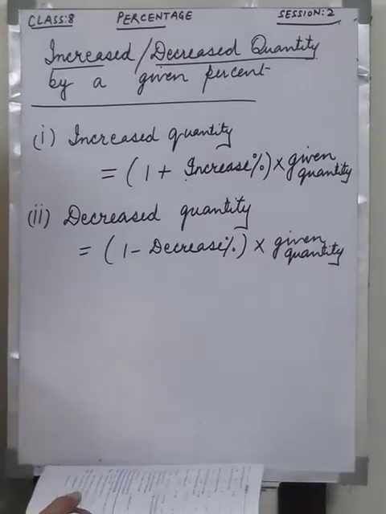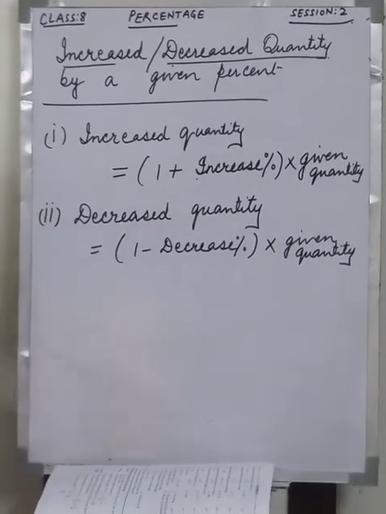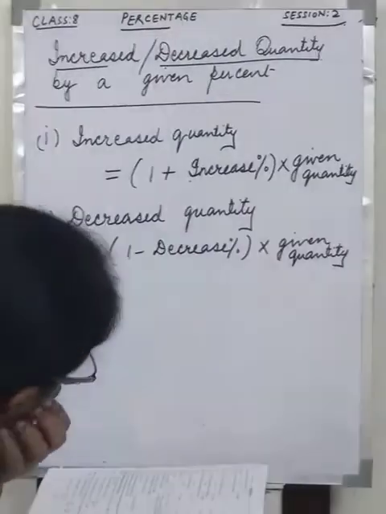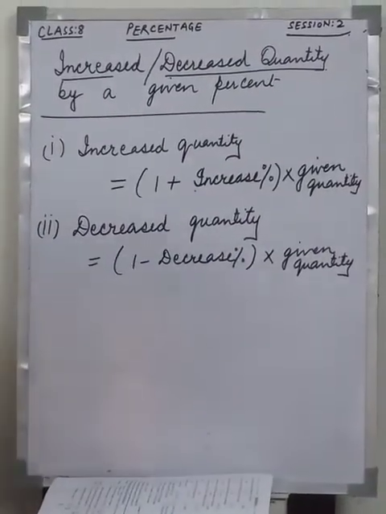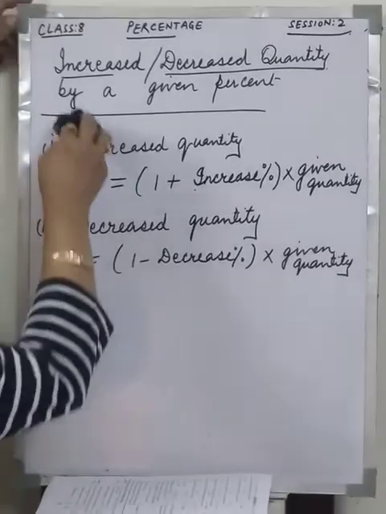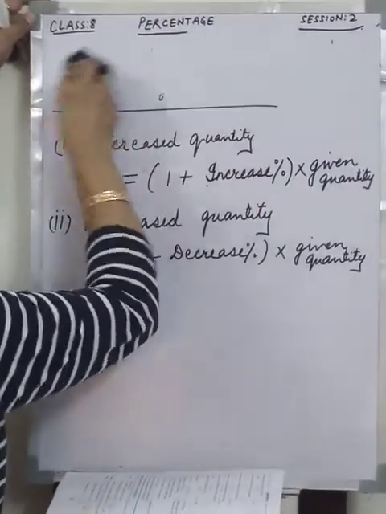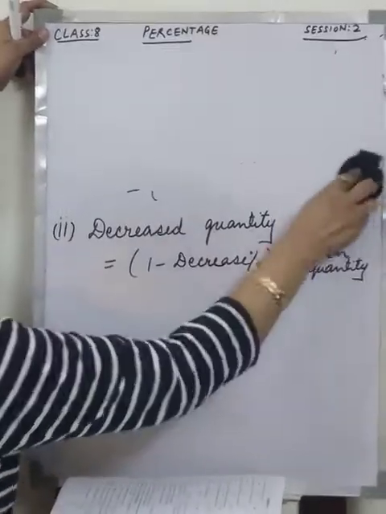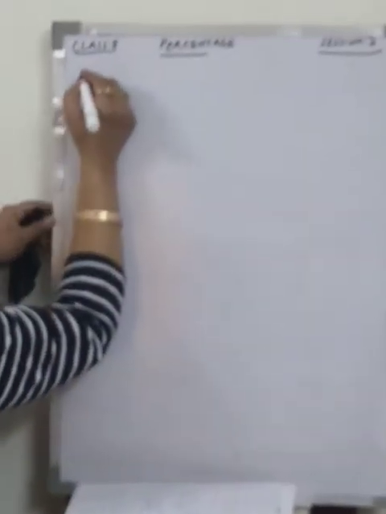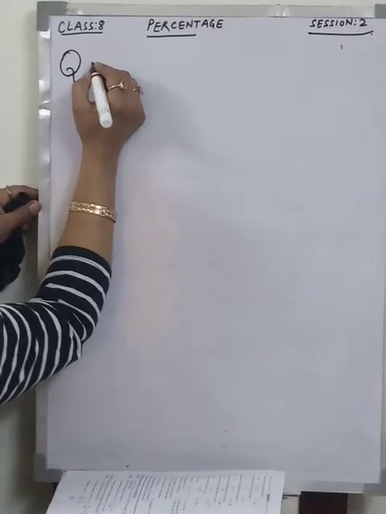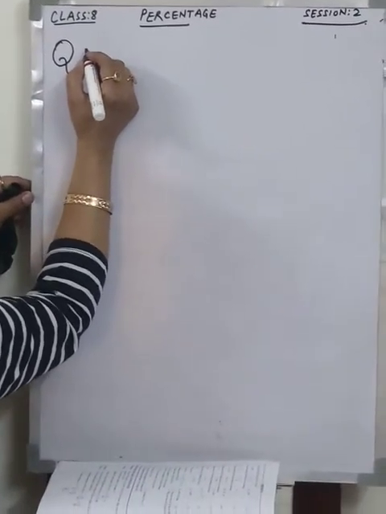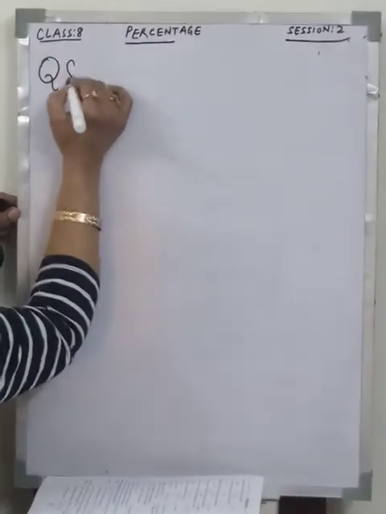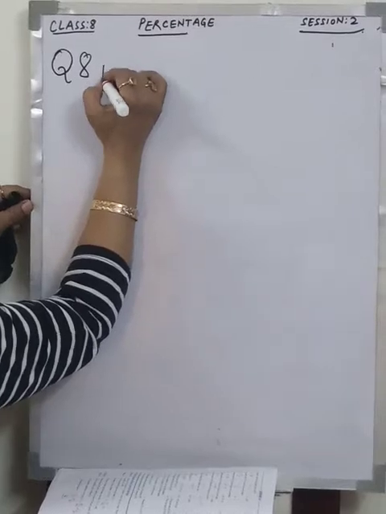Now I proceed towards question number 8. Question number 8 has again 4 parts. I am going to do the last 2 parts for you, but you have to do all the 4 parts in your fair copy. Do not ask me again and again. The questions we have done in the class, those only we have to do. You have to do all the questions with all the subparts. I discussed up to question number 7. If you have any problem, you can send a query to me in the comment column. I start with question number 8, third part.